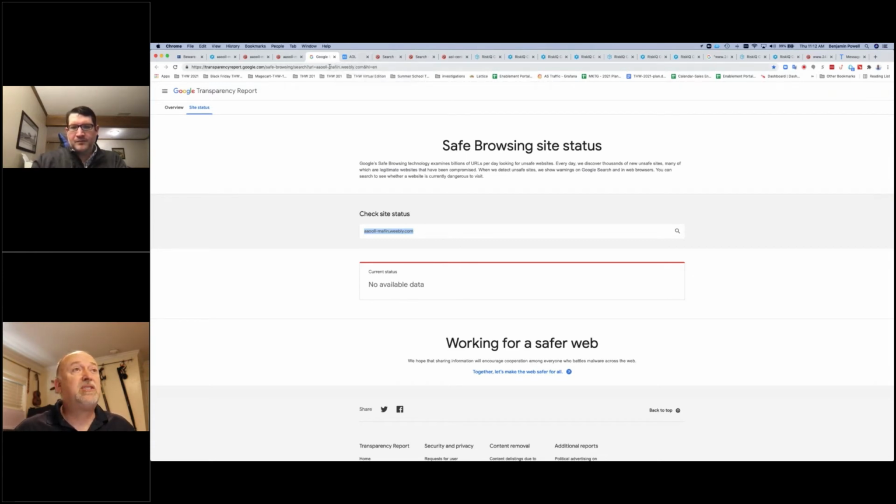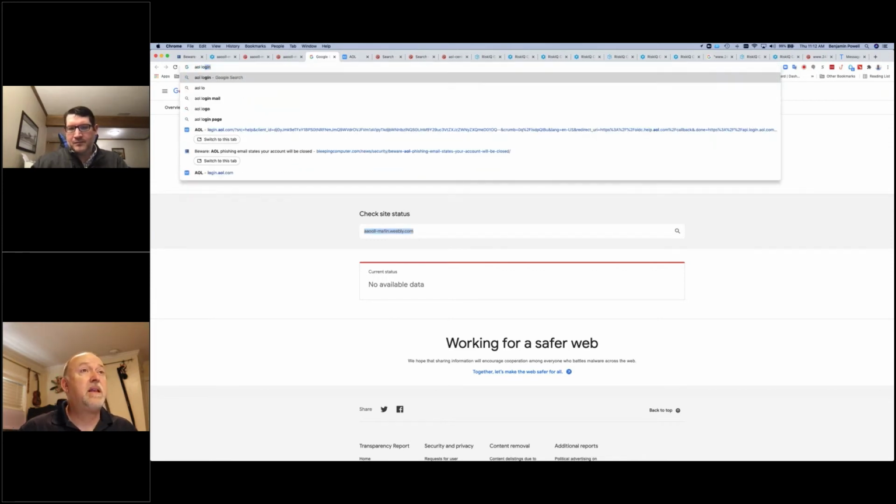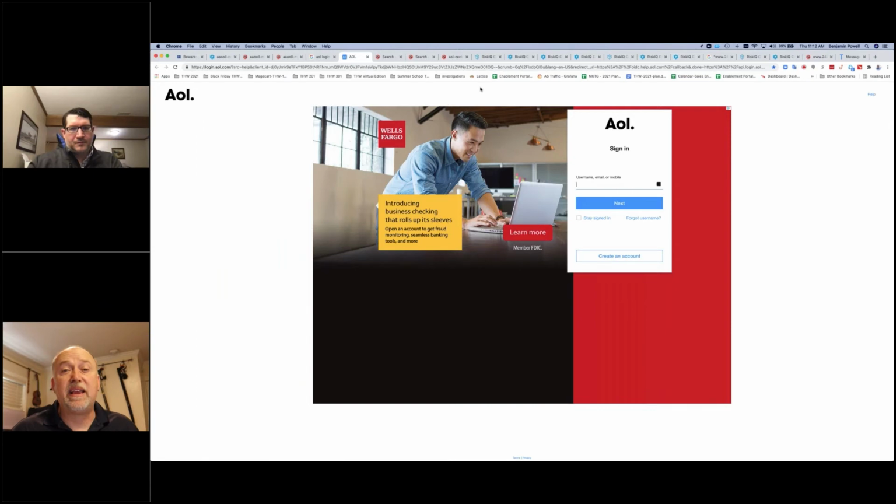So if I did a search for AOL login, I get the logins, okay? And if I look at it, this is what it looks like. So now I know that this little part right here is the actual piece to get to the site, like if I was going to log in.